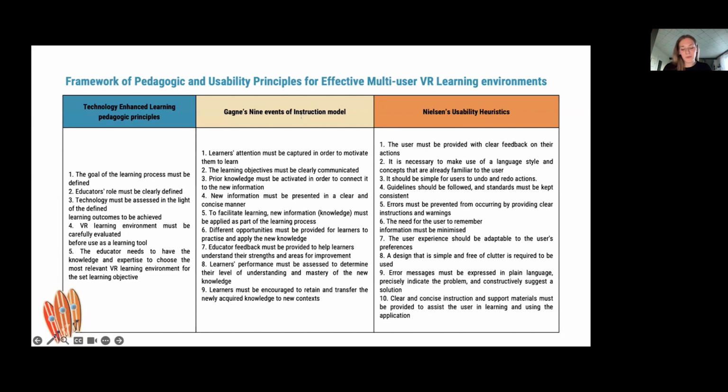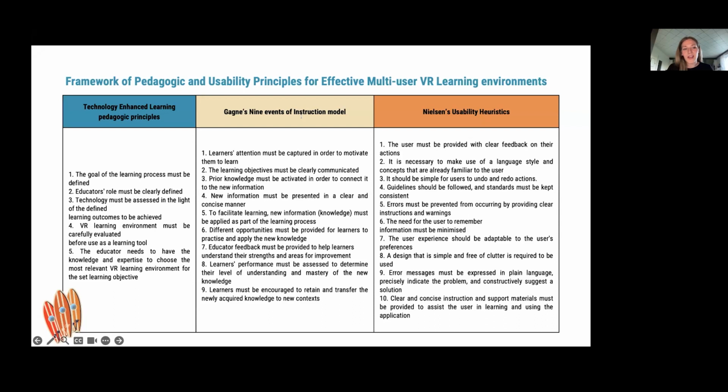Yes, definitely. Actually, it's already an ongoing process. So we are trying to find practical examples of how you can achieve each of these points. And we're doing that by asking education experts who actually practice every day and also use VR.